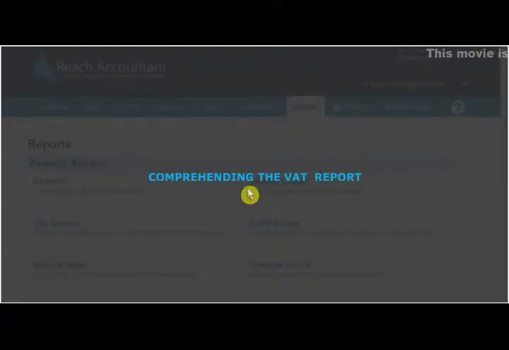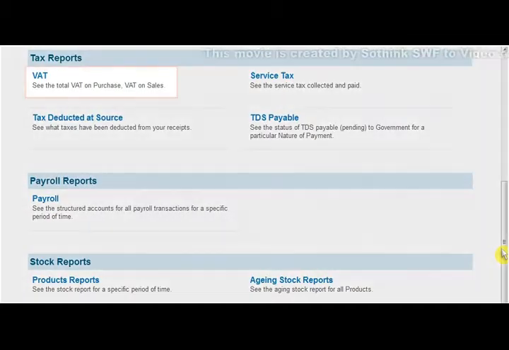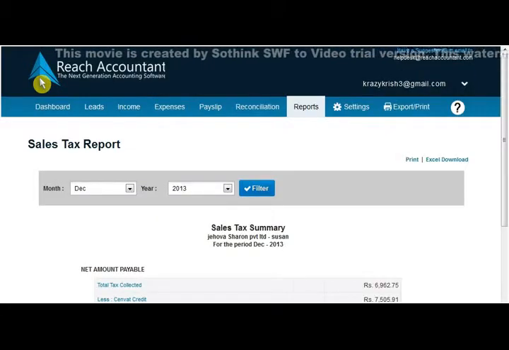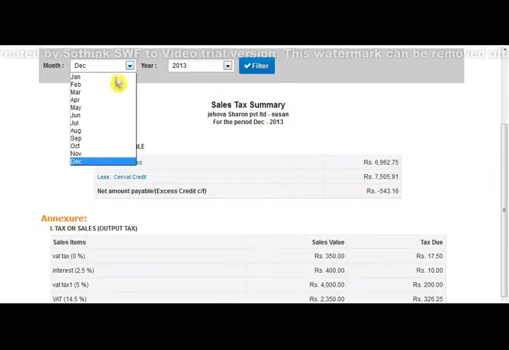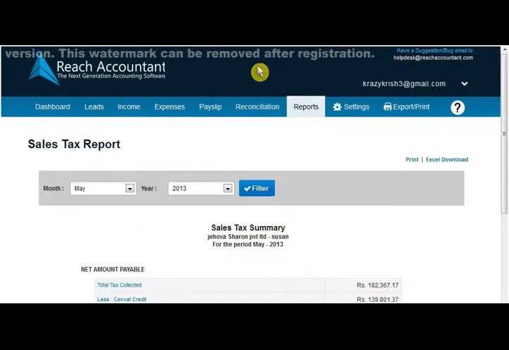Let's see comprehending the VAT report. Go to Reports tab and click VAT report. On clicking VAT report, a user needs to select the month for which the VAT report is needed and click Filter button to check the selected month.